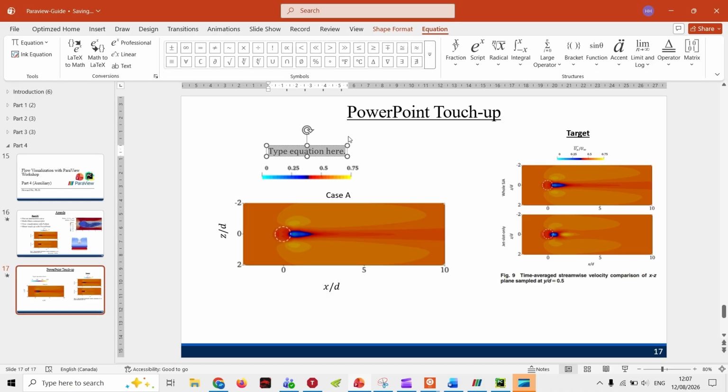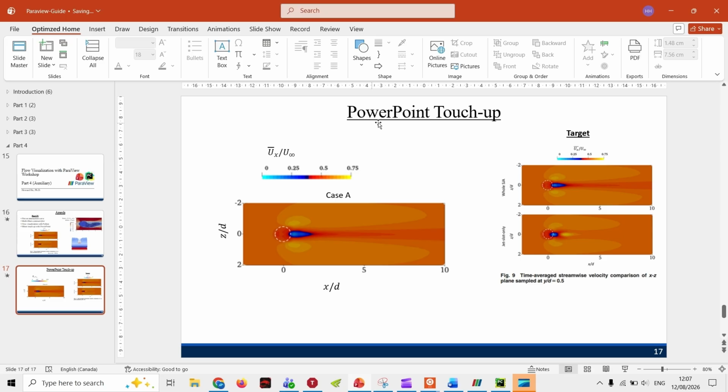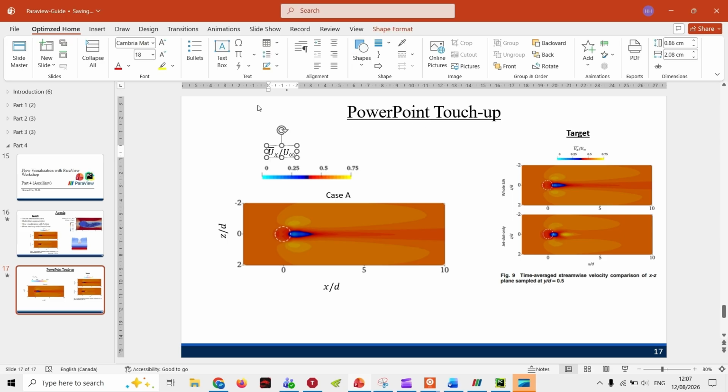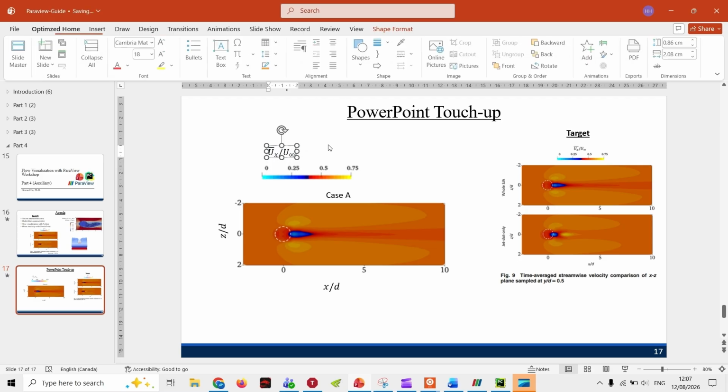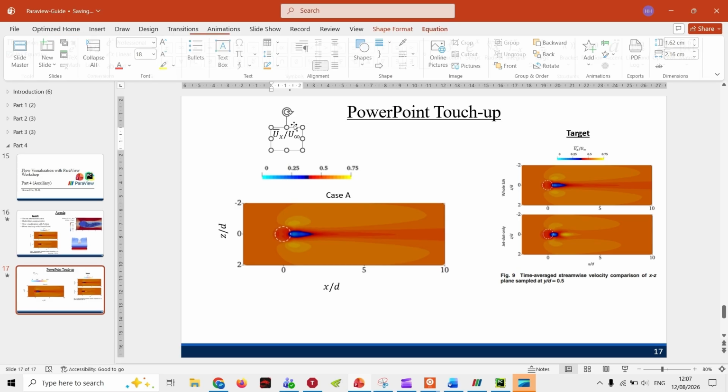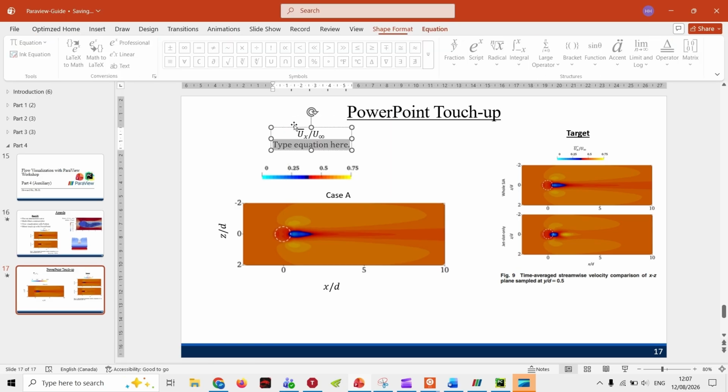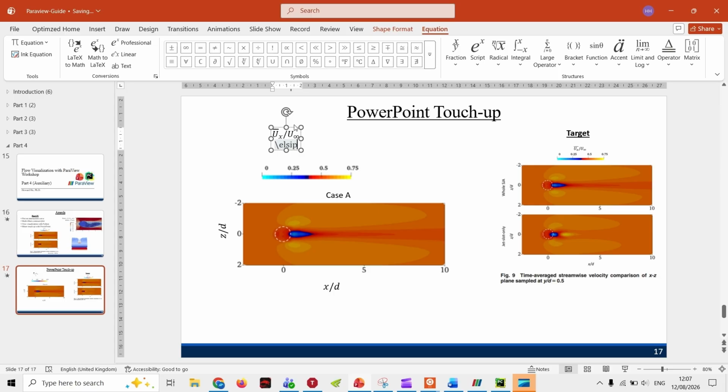So, let's say u x overline divided by u infinity. In case you're not aware, for equations in PowerPoint and everything in Word as well, you can use latex math. So, for example, oops, epsilon,